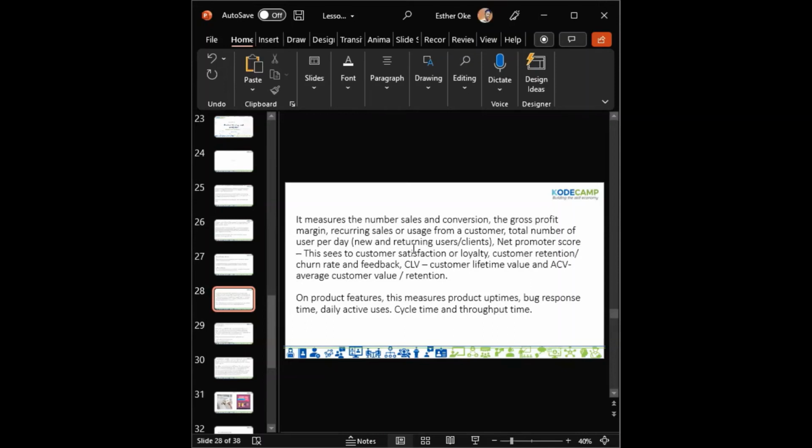So metrics can be subdivided as regards the department you are working with or the product feature you are working for, right? You might want to use your metric to define the CLV and the ACV. So CLV is the customer lifetime value. Customer lifetime value means that